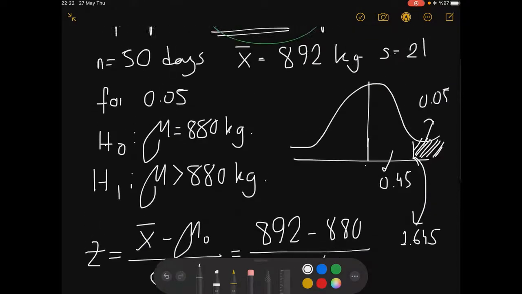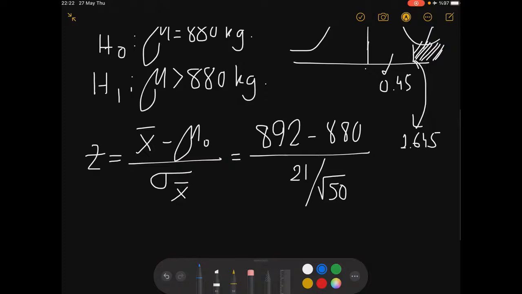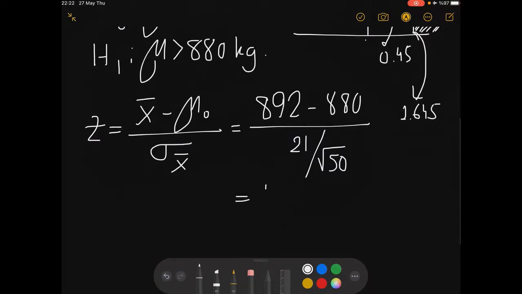Since your samples are larger than 30, you can assume that it approaches a normal distribution. So you can also use this value instead of your population standard deviation. That's why we're using it comfortably right here. No problem. And in the end, your Z will be, after you make the necessary calculations,